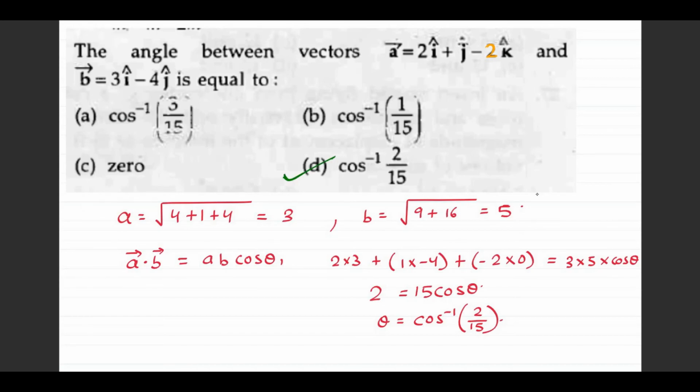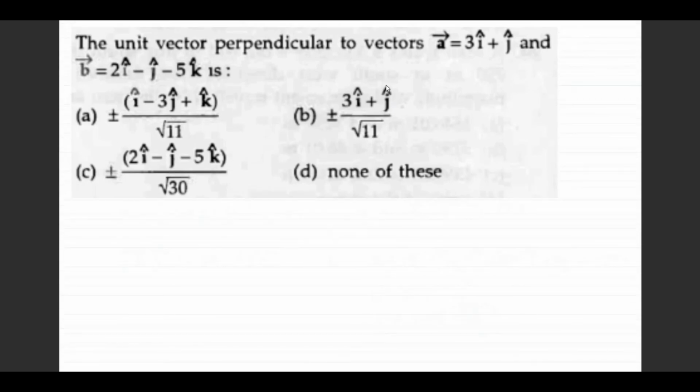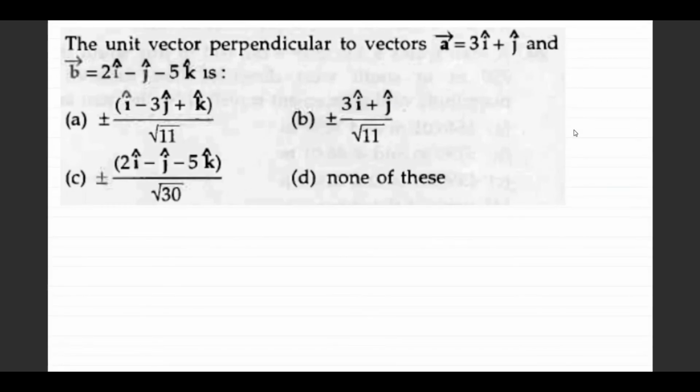You will then get the answer as option D. These are nothing but applications of dot product, right? Fine, let's move ahead. We want unit vector perpendicular to both A and B, right? So can I say that resultant could be plus minus A cross B? Right? Because both directions will be perpendicular to A and B. So it will be plus minus A cross B.